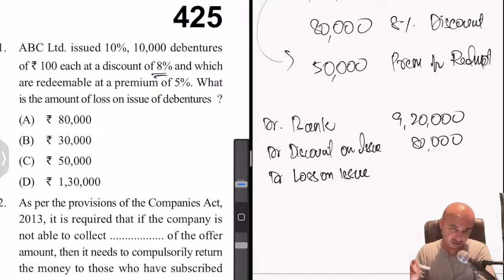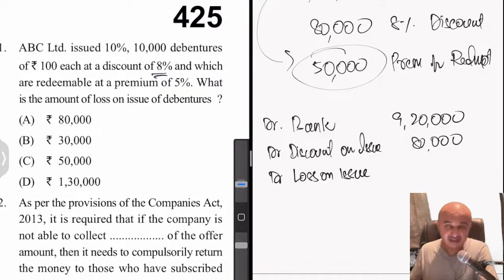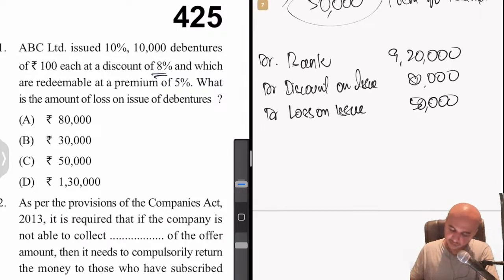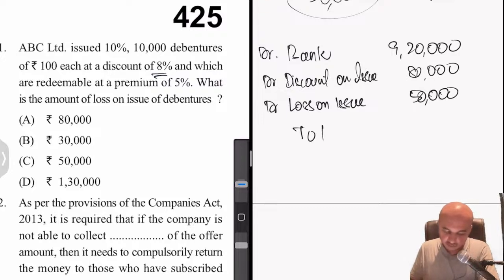Any other loss. So here you have to be very careful. What is the loss which we are incurring at the time of redemption? I have already mentioned 50,000. What is this 50,000? The extra amount which we are paying them. Even though we received 100 or face value is 100, we will be paying 105 per debenture. So 5% on 10 lakh comes to 50,000. That 50,000 is the loss which I am referring to here. Then 2. What is the rate of debenture?